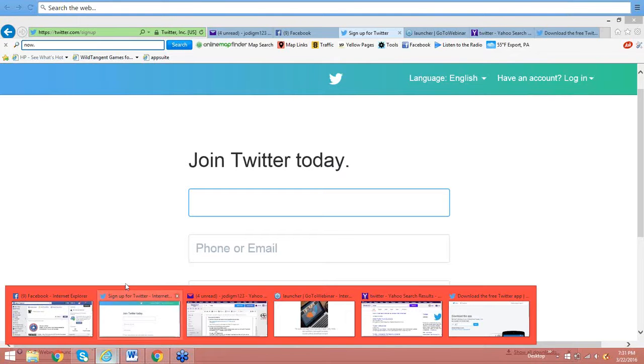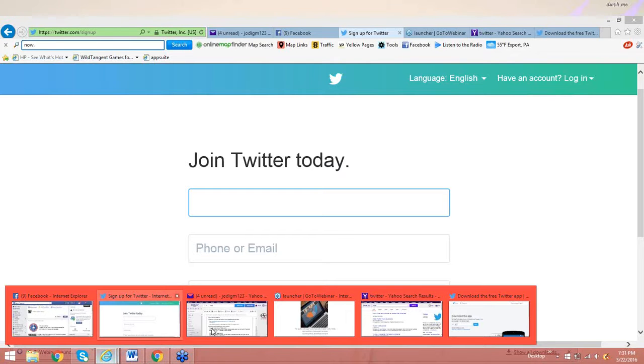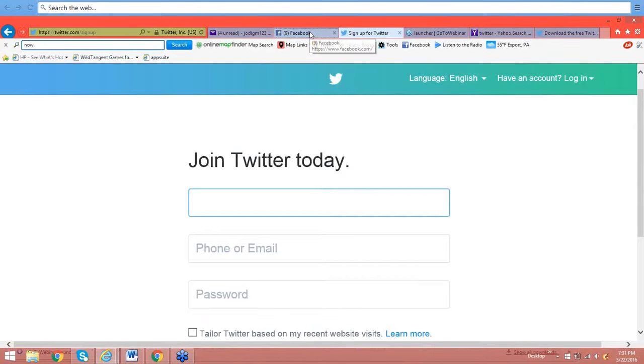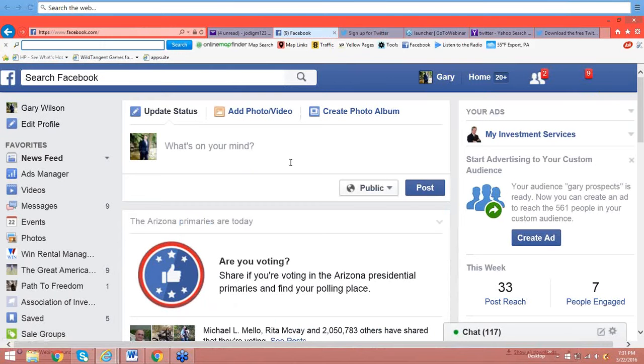Okay, good. Thank you very much for the heads up. Now on Facebook, Jody, there are a couple different components we're going to be getting into. In other words, it's not just log in and set up a post. This is a little more complex.